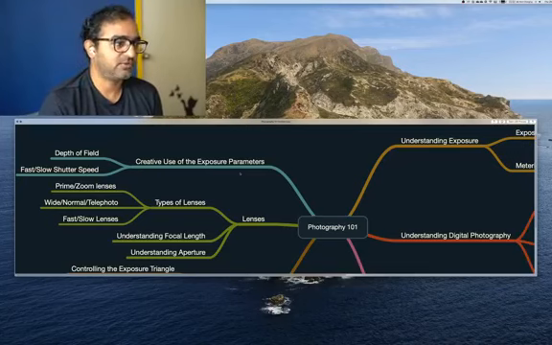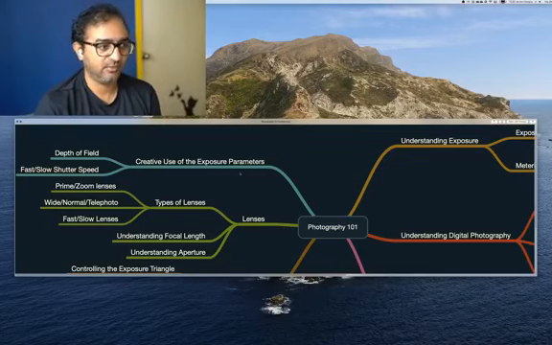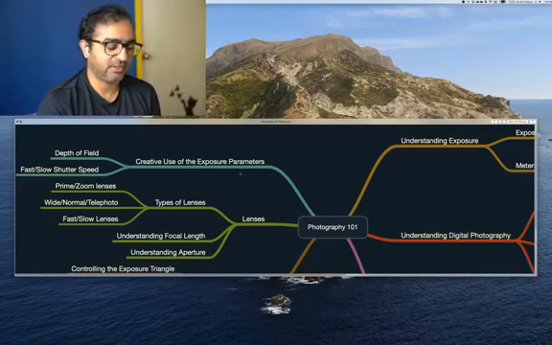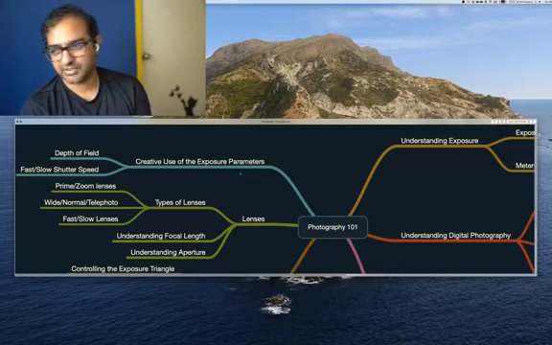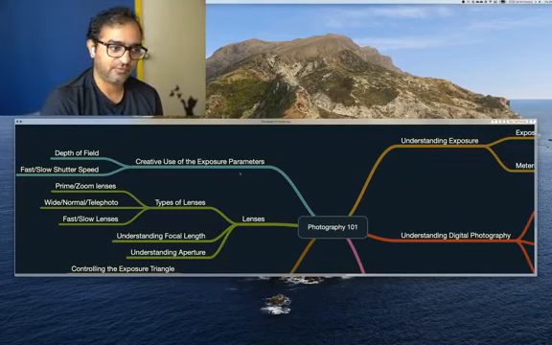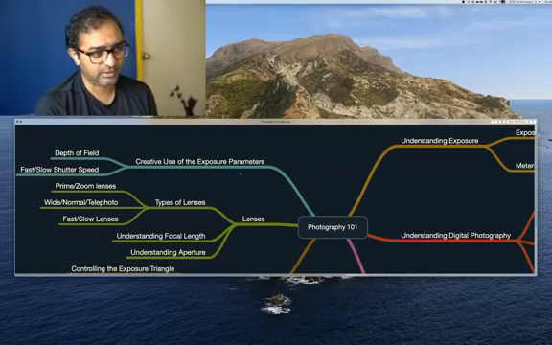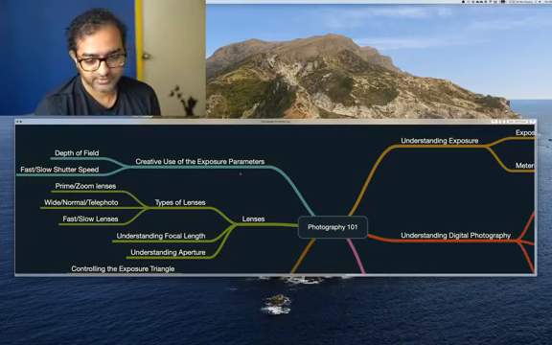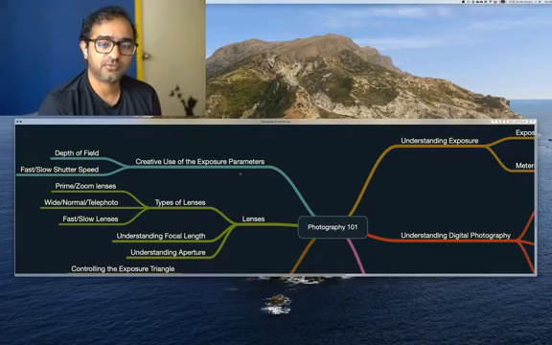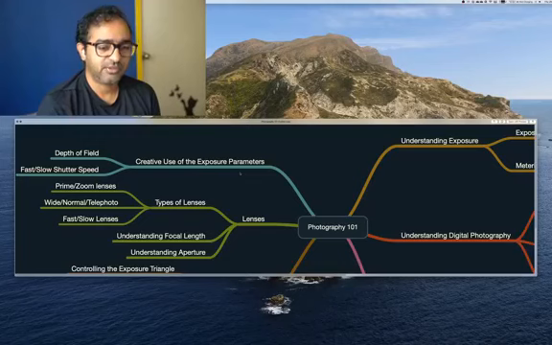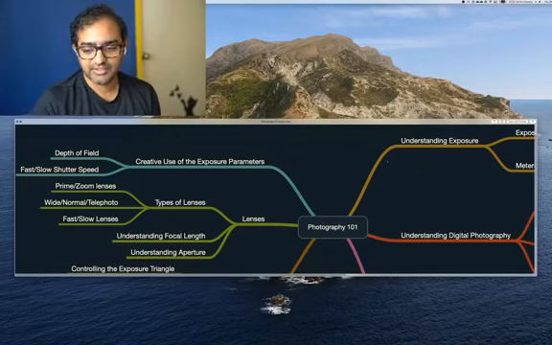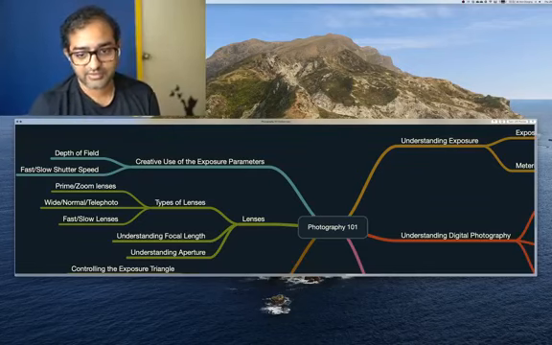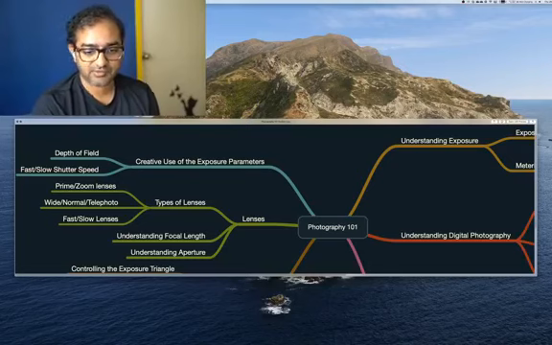So we decided to do our own series of workshops, and none of them were short workshops. There are many workshops which try to cover the basics of photography in 1 hour or 4 hours. I don't think that can work. So we decided to make a series of workshops. I think this was way back in 2013 or 2014. We created a lot of content and we did a series of workshops that lasted for a few years. Through Shutter School, I think we trained over 300 to 400 photographers, and some of them are excellent photographers in their own right. Some of them will be on the live stream right now, and I'll actually be conducting sessions with a few of them.